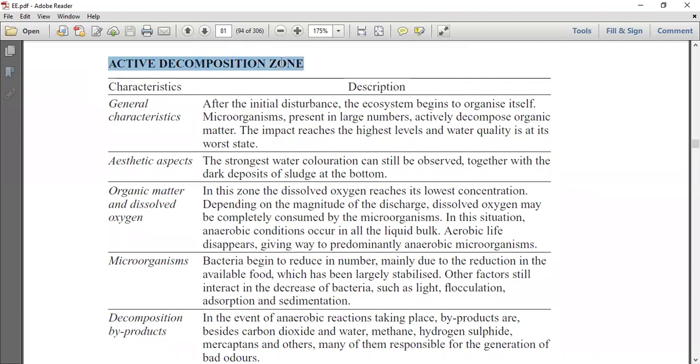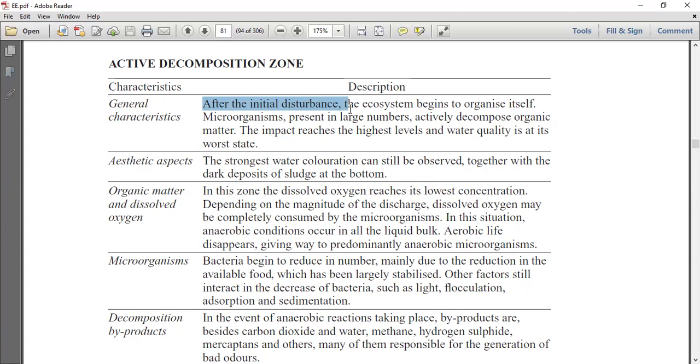So next is the active decomposition zone. The general characteristic, after the initial disturbance, is that the ecosystem begins to organize itself. Microorganisms present in large numbers actively decompose organic matter. The impact reaches its highest level and water quality is at its worst state. Aesthetic aspect: the strongest water coloration can still be observed,